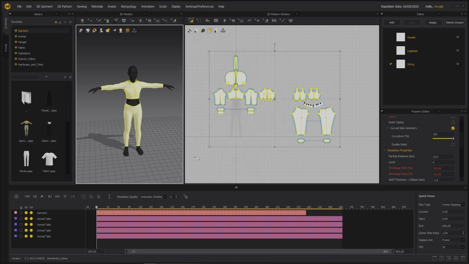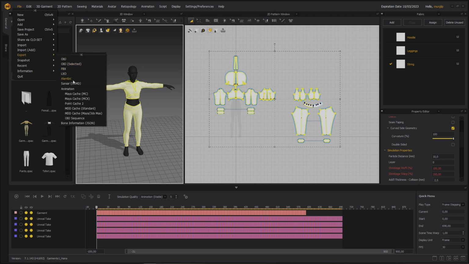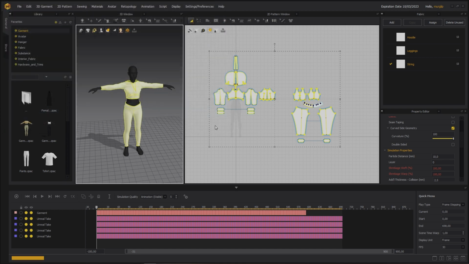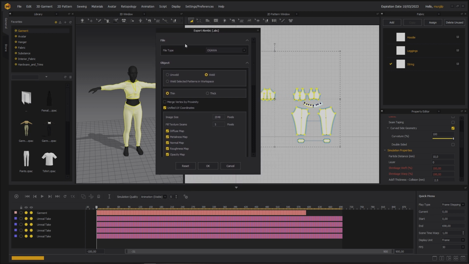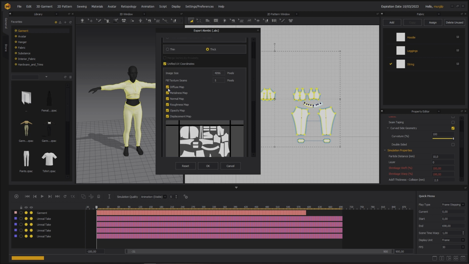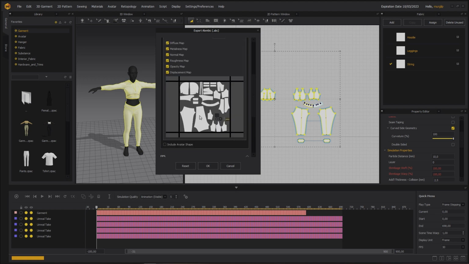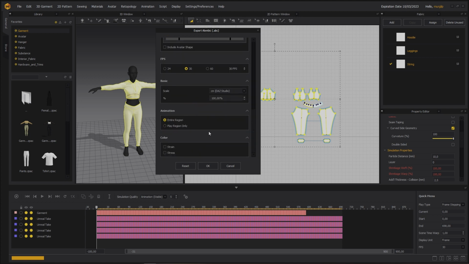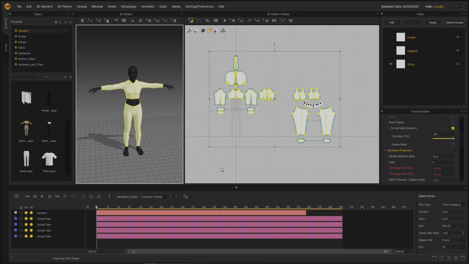Okay, now with exactly the same thing selected, go to File, Export, Alembic, Clothing, Save. Then for the animation, you want Alembic Avatar. I'm also going to choose thick here again, and then 4K, and then you can keep all of this if you want, but we're probably not going to use them. 30 FPS, that's what we want. Centimeters, entire play region, okay.